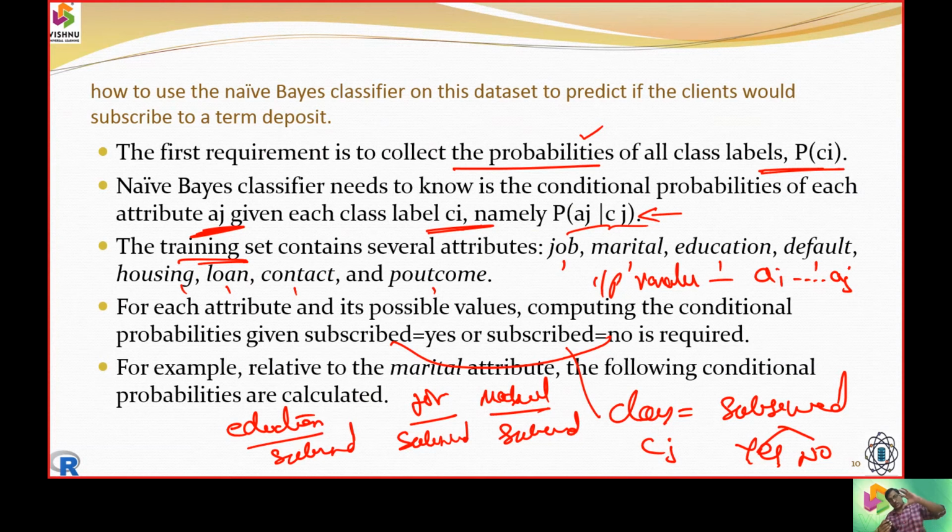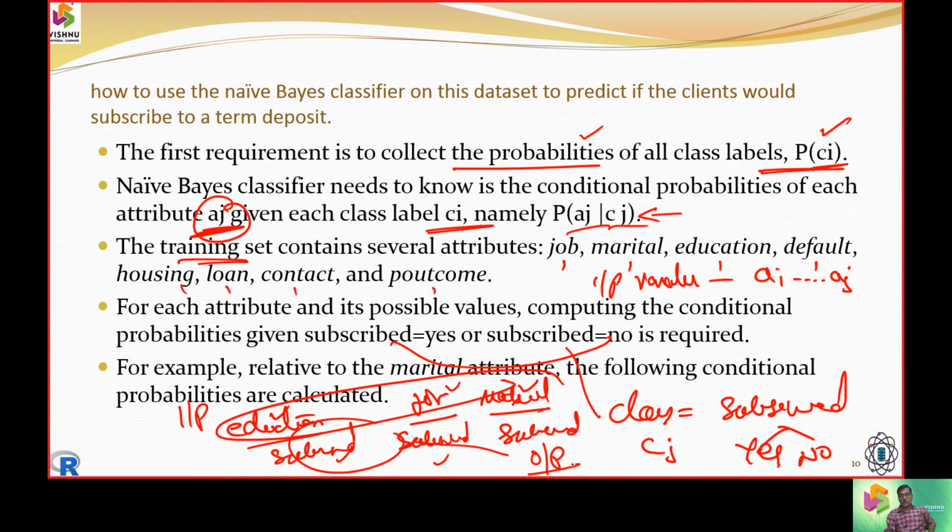It will give you more understanding. The theoretical foundation was a little bit fishy to understand, but when we put it to an example, you will have the notations for it. So we say the probability of Ci, the class label, that is subscribed. Similarly, the probability of Aj. It can be education, job, or marital status. All these elements we call input variables. They are affecting the subscribed output, that is the output variable, and to which class it is going to affect.